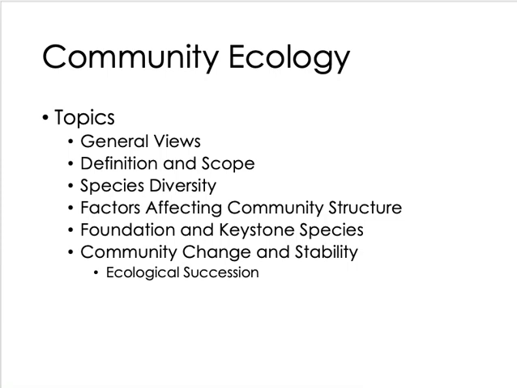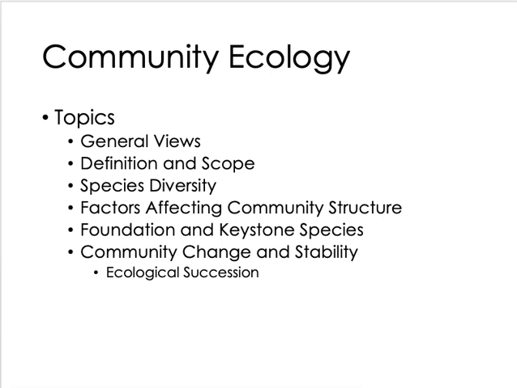We will also cover the factors affecting community structure, the foundation and keystone species, what the difference is between the two, and how these two types of species are important in the structure of community. And of course we have community change and stability, which focuses on the